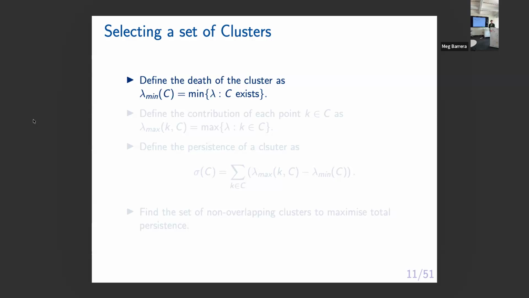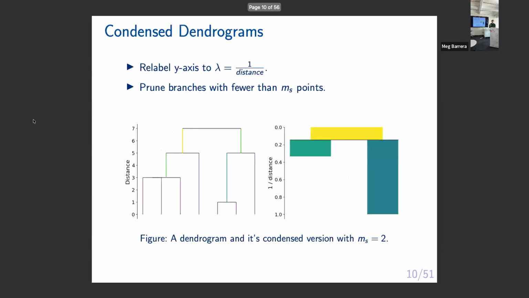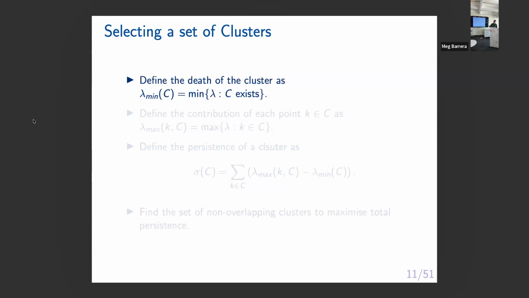Basically, the way we do this is equivalent to finding the maximum amount of area on this graph. It's a non-overlapping set of bars to maximize the area. We give each point a contribution score to the cluster based on how long it's in the cluster. So that's height.